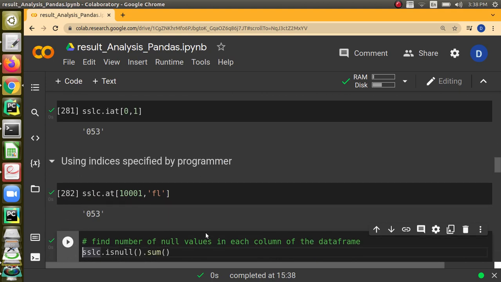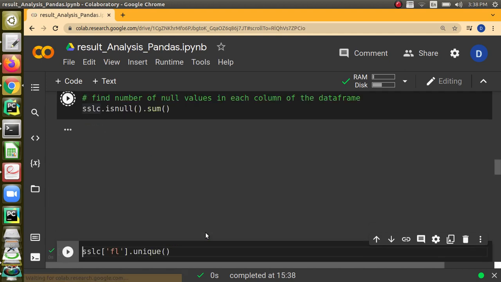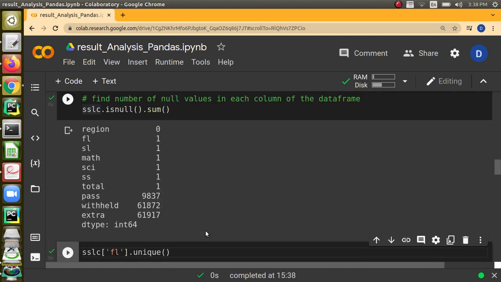And we can know how many null values are there. We can use the isnull function dot sum. Actually isnull function will return true or false for each row: if it is null, it will give true, and if it is not null, it will give false.